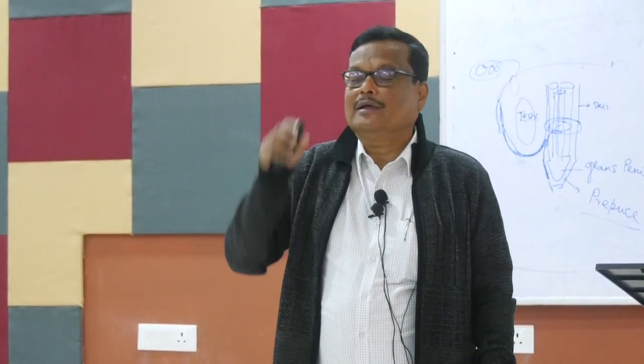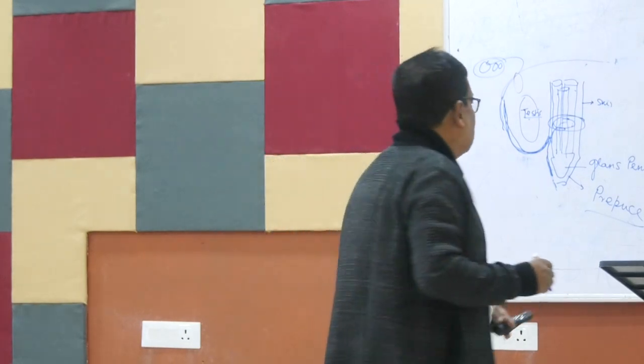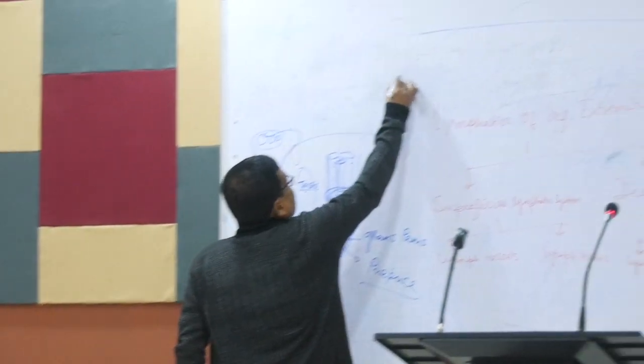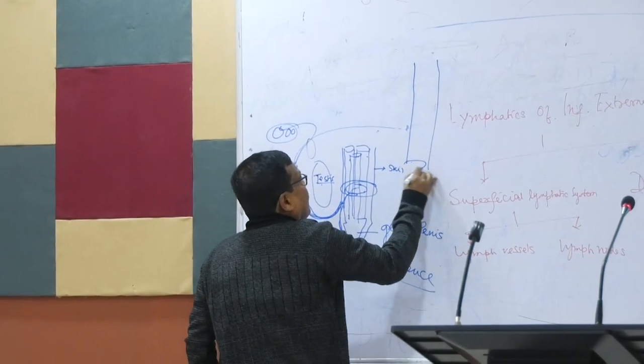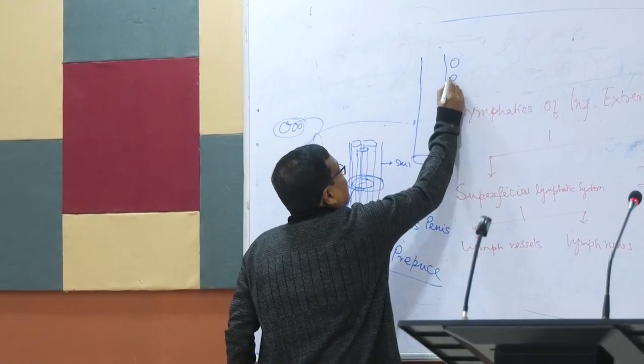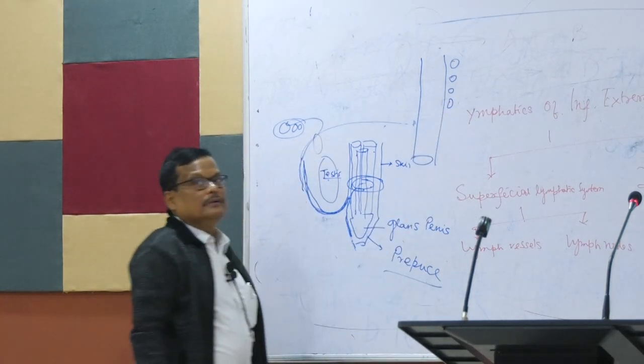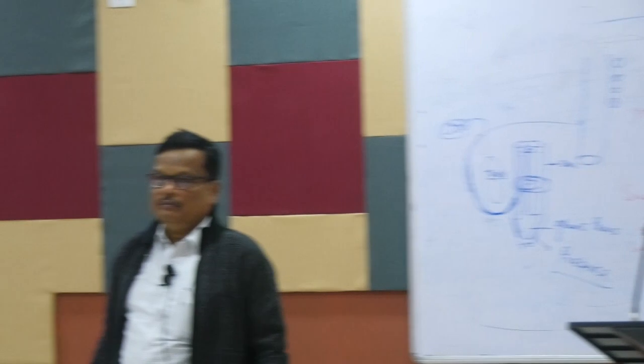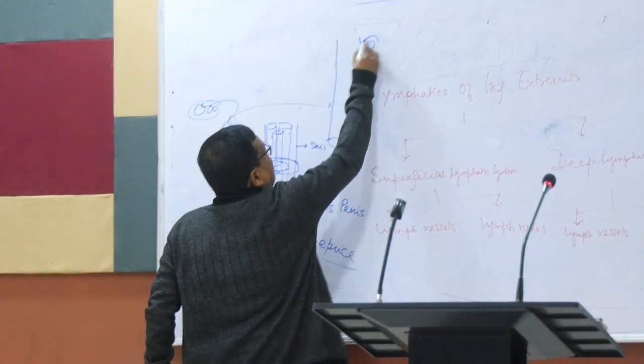Sorry, I said it wrong, sorry. These deep lymph nodes, this is the femoral vein, and on its medial side there are lymph nodes like this. Deep means deep to the deep fascia; the femoral vein is a deep structure, so we named them deep inguinal lymph nodes. Don't confuse them with the superficial inguinal lymph nodes. The superficial inguinal nodes are parallel to the upper part of the great saphenous vein, and the deep inguinal lymph nodes are parallel to the upper part of the medial side of the femoral vein, which is a deep structure. And the uppermost part,